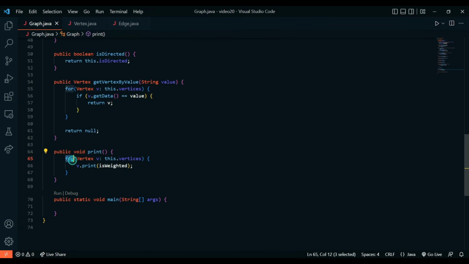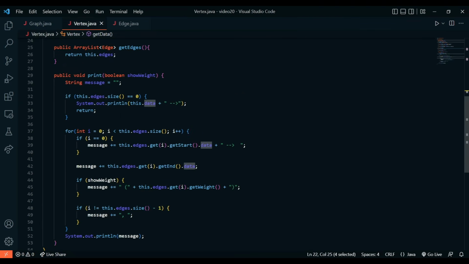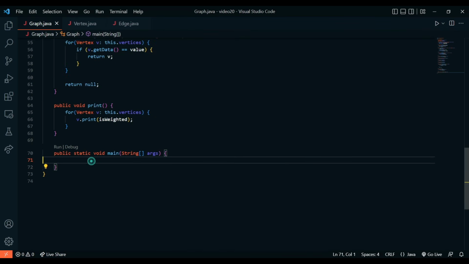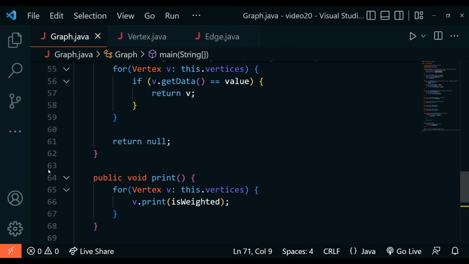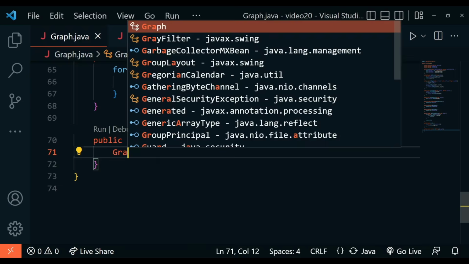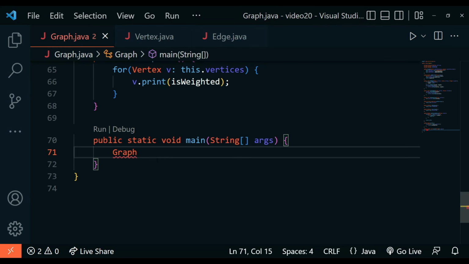And now over here, if you want to print it, so for vertex v in this dot vertices, v dot print, and we have is weighted. So the print method that we created here will allow us to see all of these vertices in action. Awesome. Now let's create the main deal here. Let's create some graph. Let's create the graph data structure, and let's try to map it out. Remember I said I'm gonna create a bus station, so I'm gonna say graph, and I'm gonna say bus network,